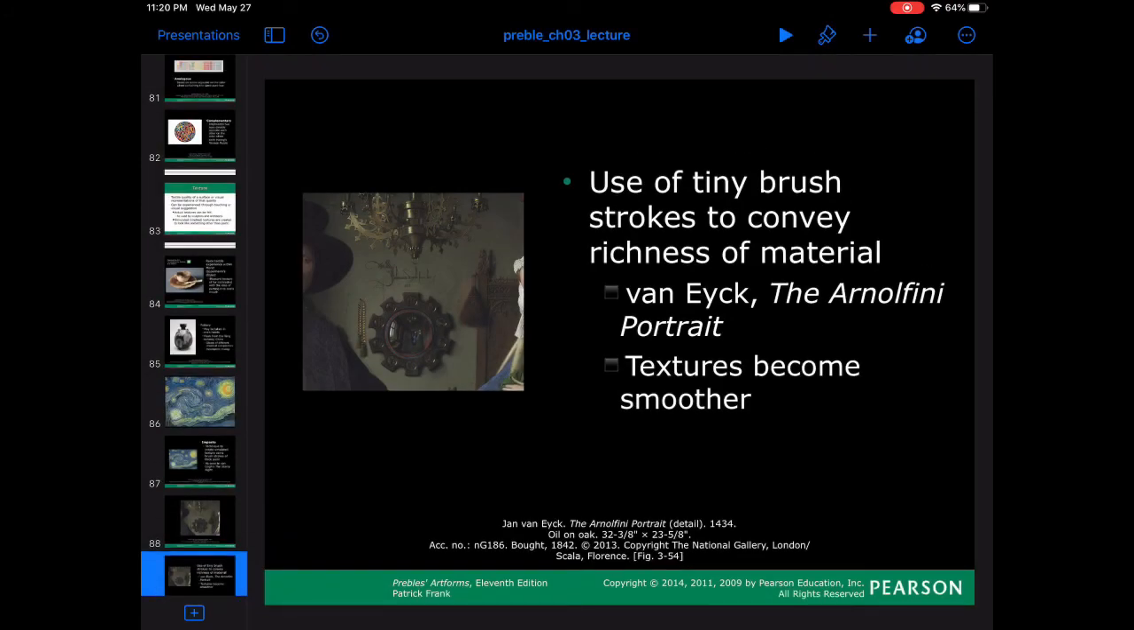Okay. And that's it for this chapter. This is probably the longest chapter in the whole book. It's a lot of information when it comes to the visual elements, so get to know them. Let me know if you have any